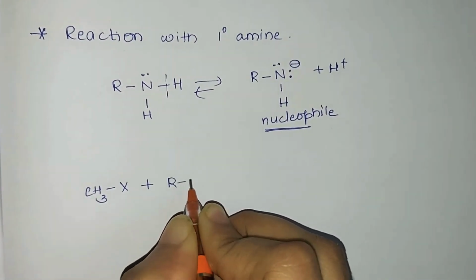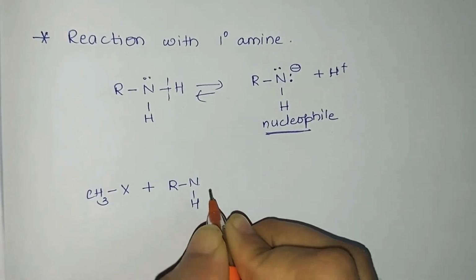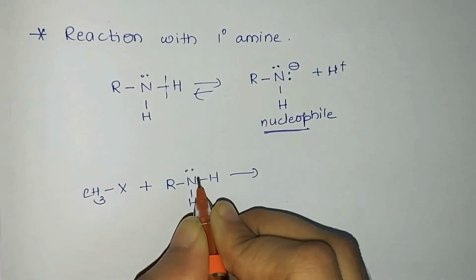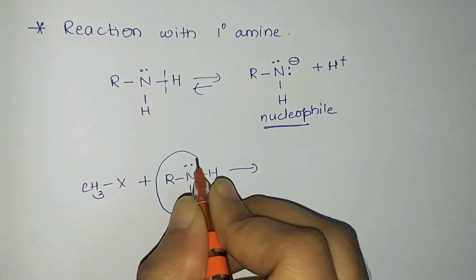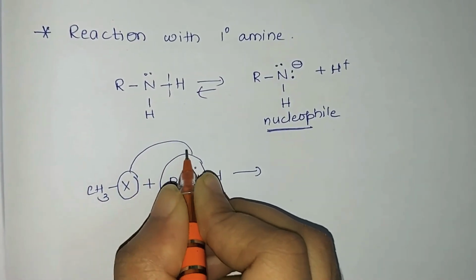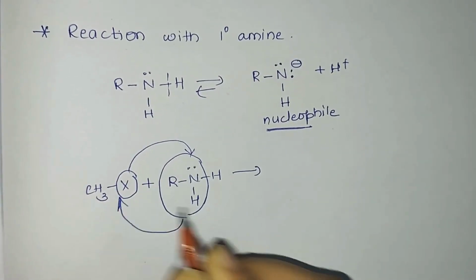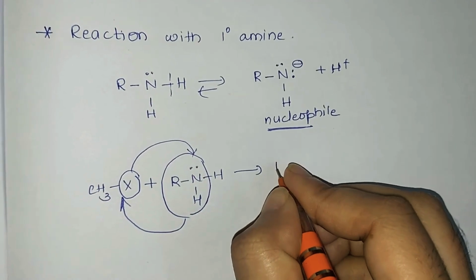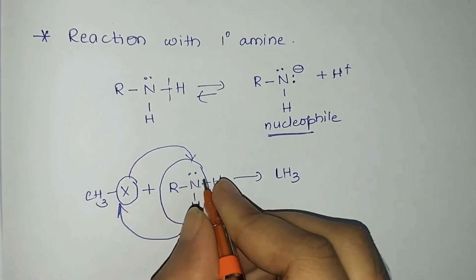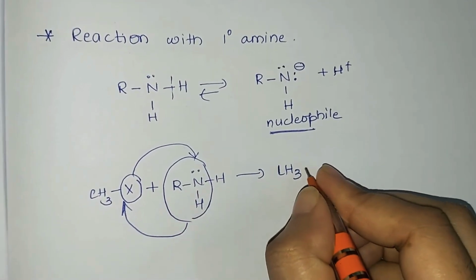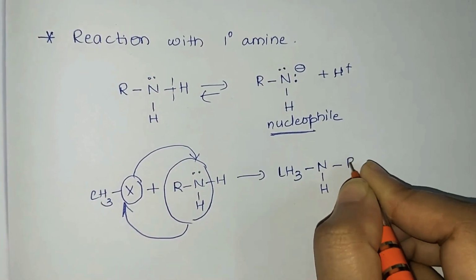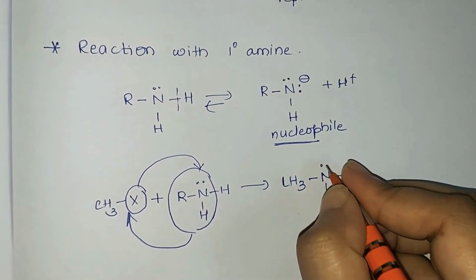So which is our nucleophile here? The nucleophile present here is RNH. One of the hydrogen will be removed, and X is the another nucleophile. So X substitutes it and the other substitutes it. Since the breaking of the bond takes place through nitrogen here, the product obtained here will be CH3, and bonding takes place through nitrogen. So N is bonded to H, and R, nitrogen plus has a lone pair of electron, plus of what do we have here? H and X, that is hydrogen halide.